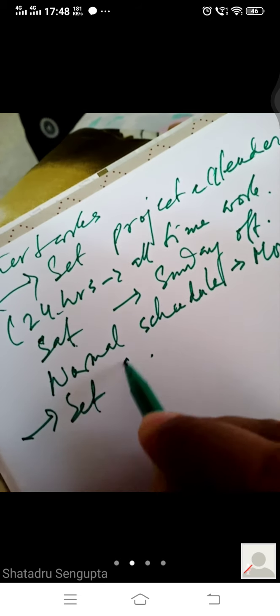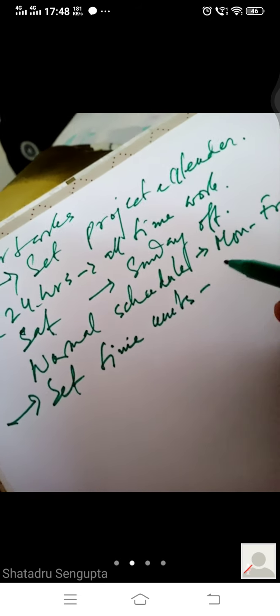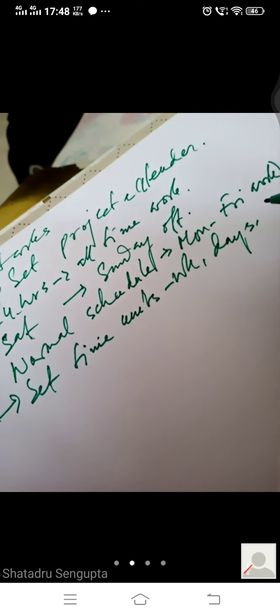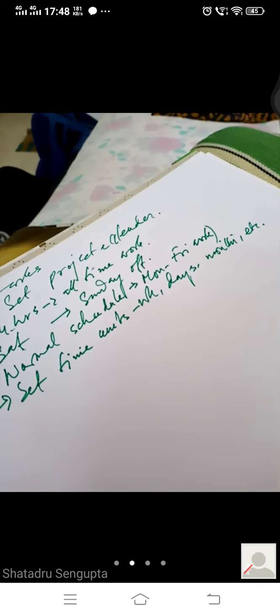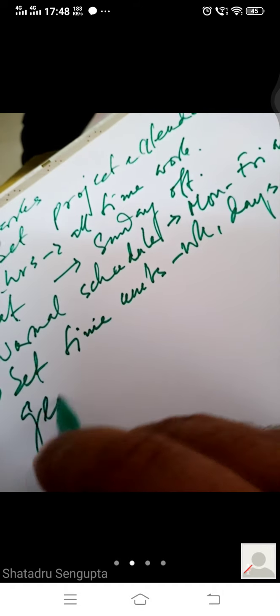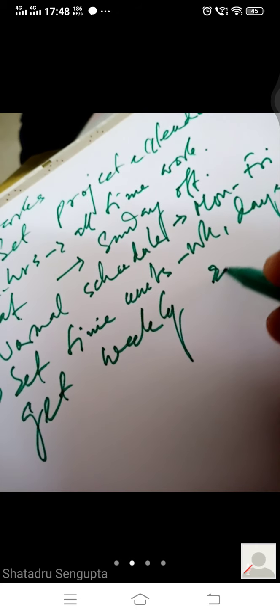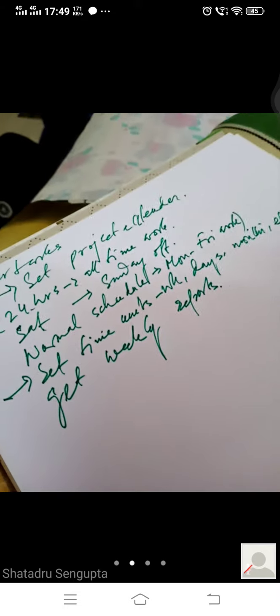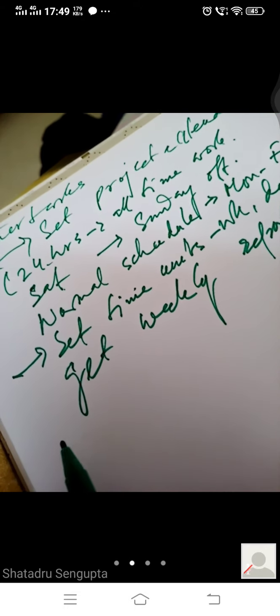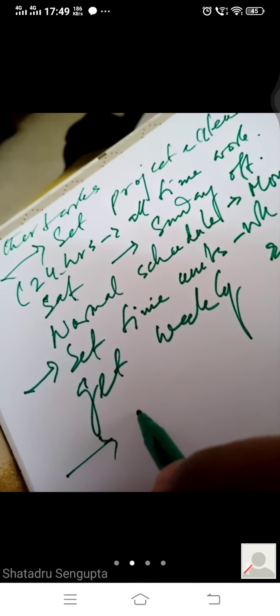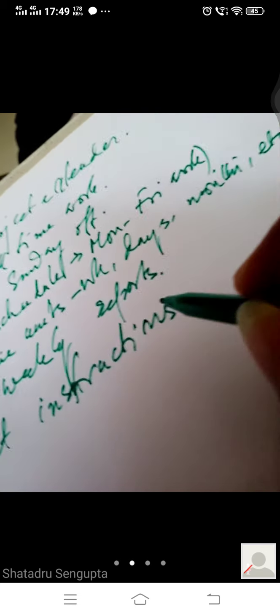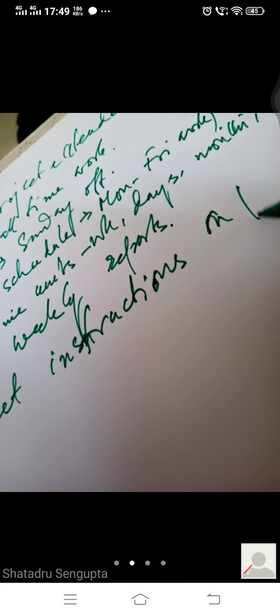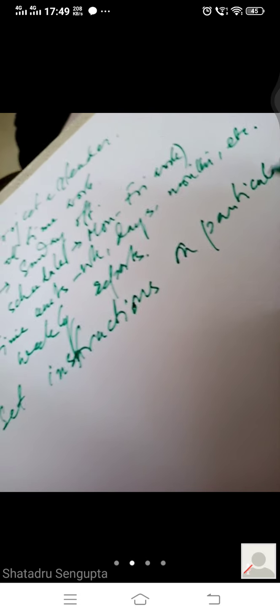You can set the time units between weeks, days, months, etc. Software projects are normally in weeks. We get weekly reports. Then we set instructions on particular